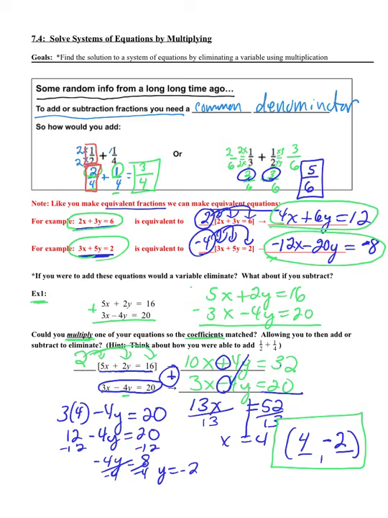If you wanted to do something really unique, you could put this one equation and this equation into Desmos and double check. And in fact, your answer would come out to be 4, negative 2. All right, let's move on to page